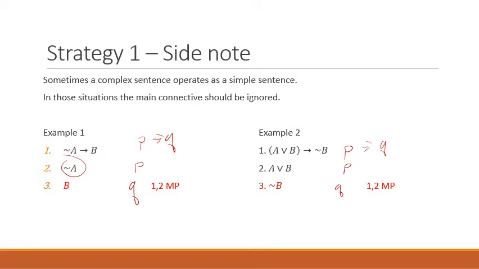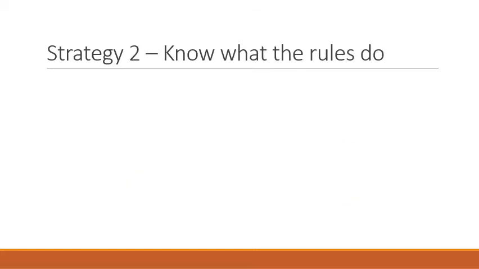So again, finding the main connective may not always be telling for what rule you're going to use, but fairly often it is, and so it's important to keep in mind. Okay, so this gets us to our second strategy. The second strategy for doing these proofs is to know what the rules do, and on what types of sentences they work. So the first thing that we're going to talk about is the rules that